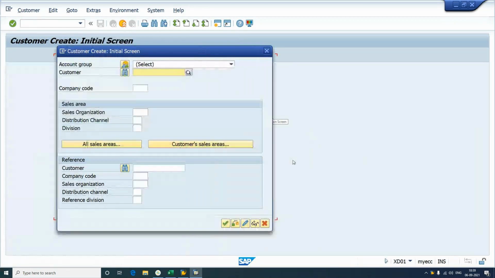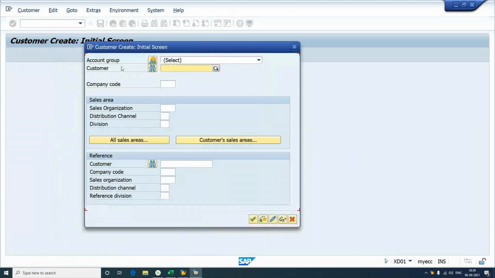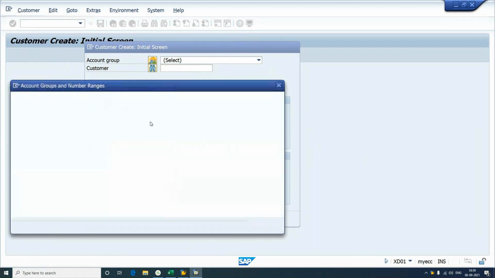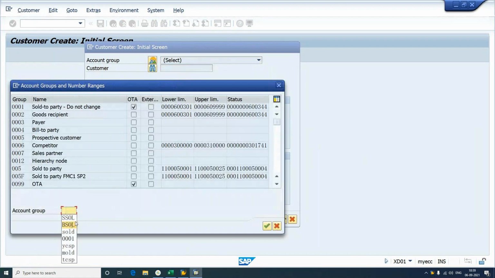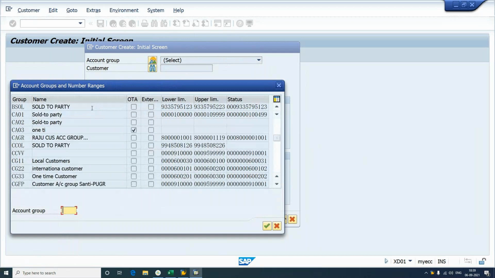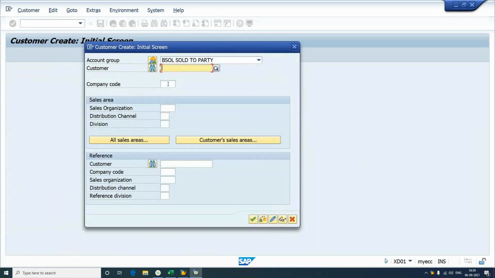We already saw that we need to maintain certain data over here. For example, I'm trying to maintain the account group. Using whichever account group we created the customer, maintain the same account group information here. And apart from that, we maintain the company code. Sorry,